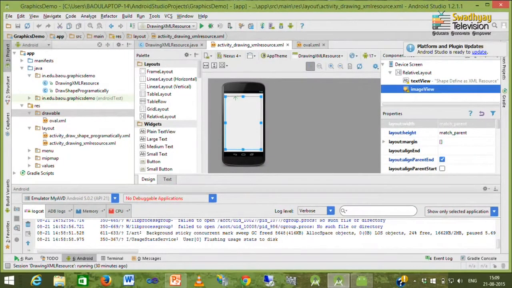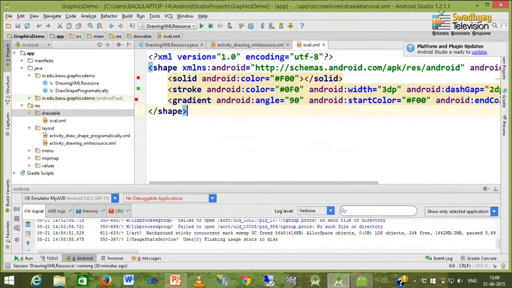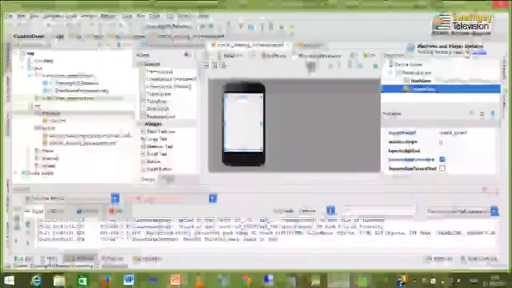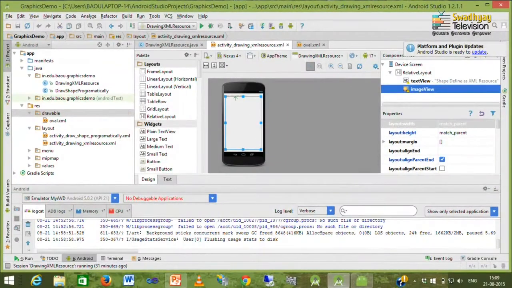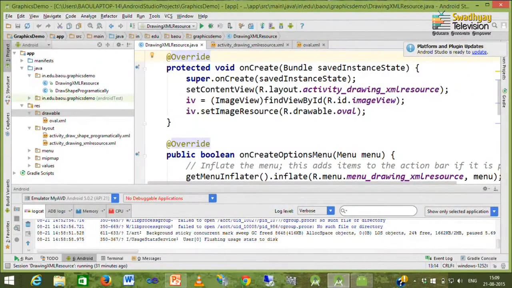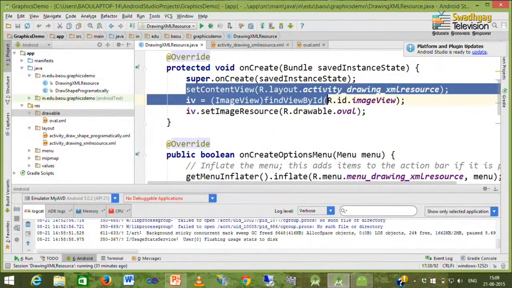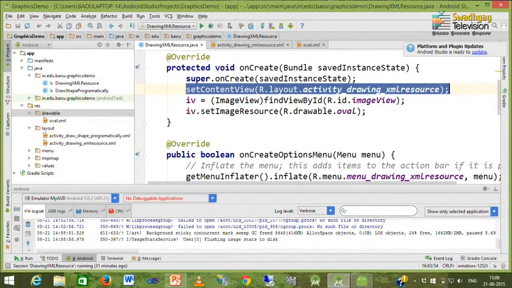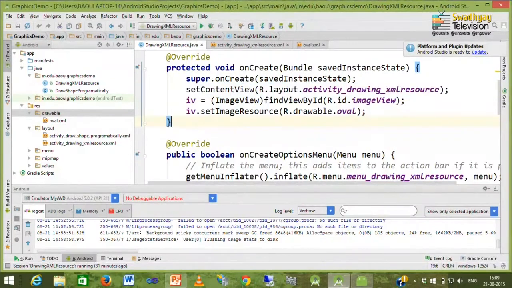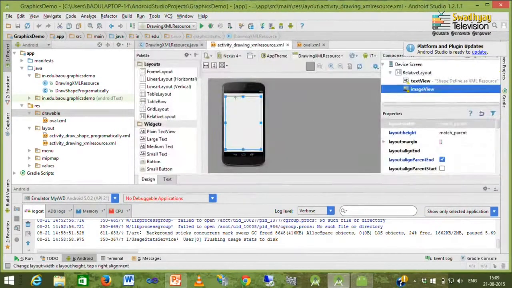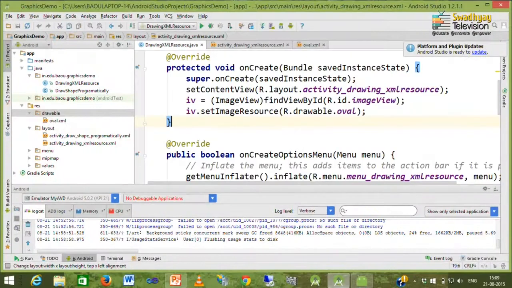We want to load this XML resource shape inside this image view, and here is the drawing XML resource.java file which represents our activity. Inside the onCreate method I use setContentView, and inside setContentView we specify this layout file to be displayed.